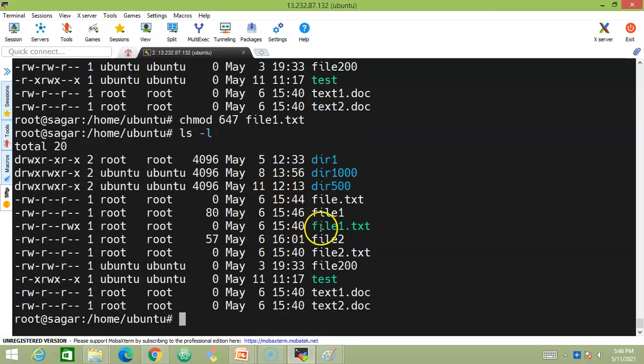See, look at this. file1.txt has got executable permissions as well here. Observe this. Read write, and read write execute. This is the way, in numerical mode, we will be able to change the Linux file permissions in however way we want, and whatever permissions we would like to give. Only thing you need to understand, the 6 stands for owner or the user, 4 is for the group, and 7 is for the other users.